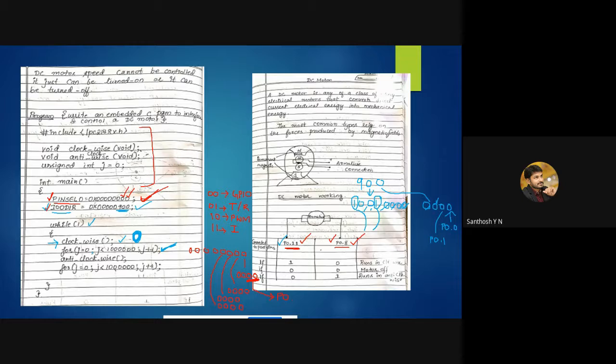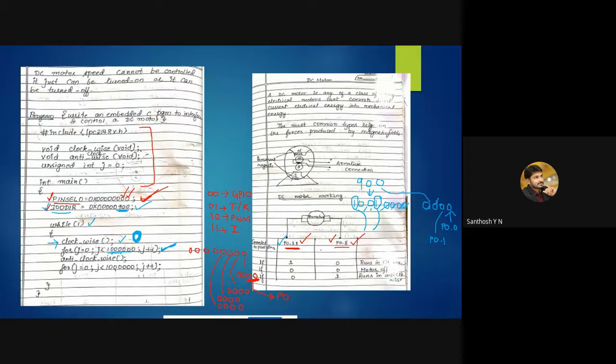For j equals 0, j less than some value is given here. You can give any value here. If you want to generate a greater delay, you can increase this number, or if you want a moderate delay, you can give a smaller number. And j plus plus. First the j value will be loaded with 0, and it will be compared with the limit. I hope you all know the for loop, right? I'm not going in depth about for loops. You have already studied this for loop in the 12th as well as in the first year of your BE. So you are generating the delay here until the count becomes equal to this value.